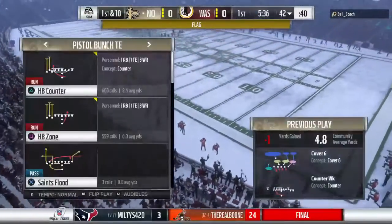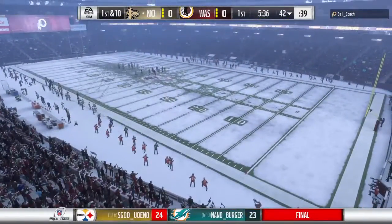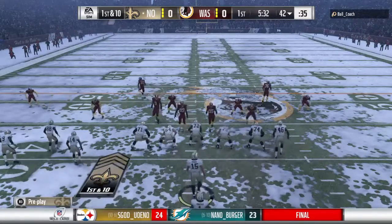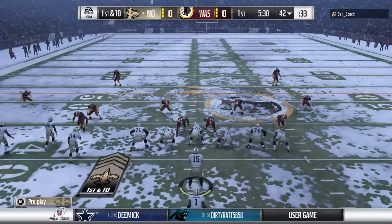Well, they didn't really have to earn that first down, did they? Well, they're not having to earn much, are they? Back-to-back penalties. First was 1st and 5, and now they give them a first down. Hurry up. Here we go. All right, now look